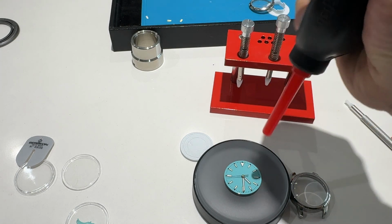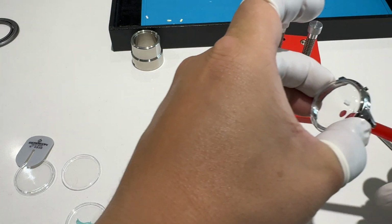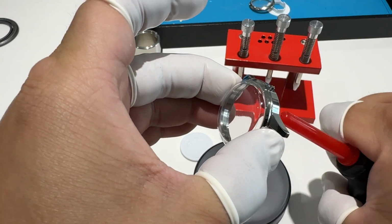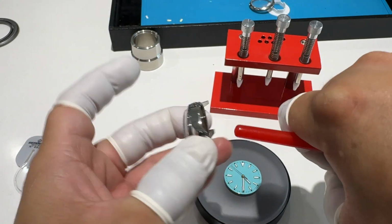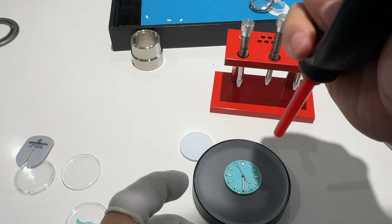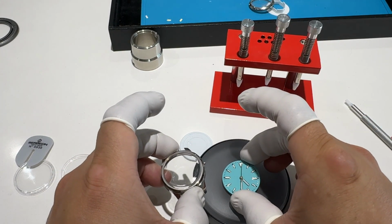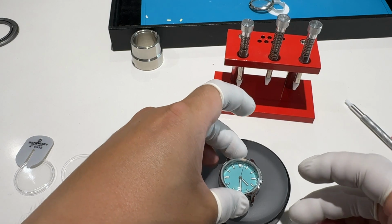So before we start to case everything, I like to use the blower just to blow off any dust or particles, and the case as well. You don't want anything inside that is going to bother you after you case everything. So I usually do it a few times. And now we're going to fit the movement and dial and all the hands that you just installed